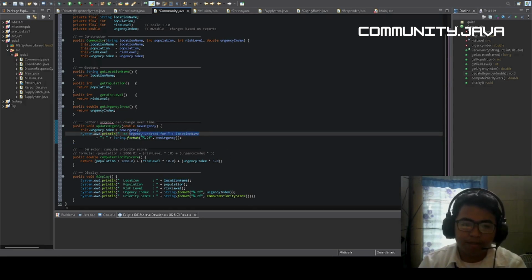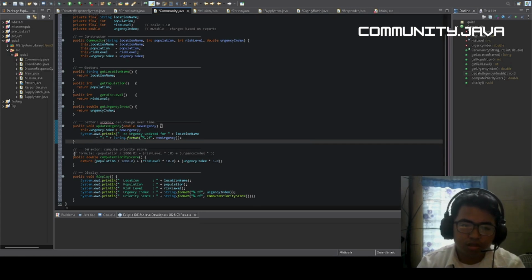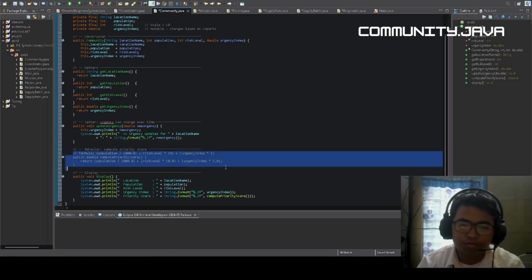And then the Community class contains a priority computation method, the computePriorityScore. This method computes priority scores. It gives weight to the population size, the risk level, and the current urgency index, providing a combined metric that can guide resource allocation.